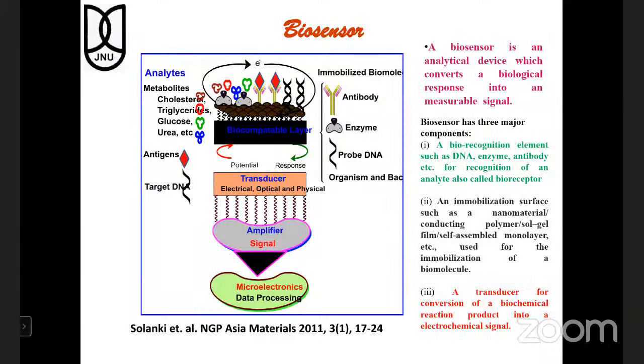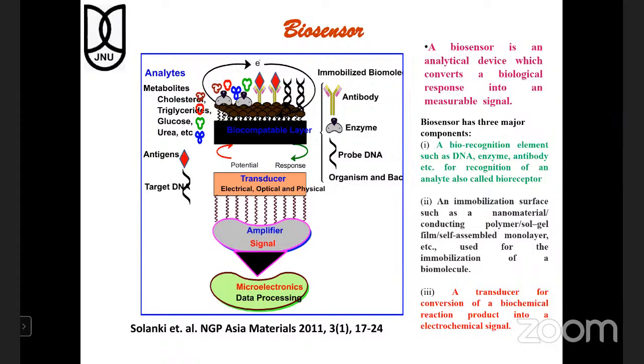I have worked in different directions, with different analytes to be monitored, like cholesterol, triglyceride, glucose, urea, and other analytes in the form of antigens, like pathogen detection and DNA biosensors. So based on our analyte requirements, we can choose biorecognition elements. And after immobilization of these biomolecules onto the biocompatible layer, we can link this electrode with